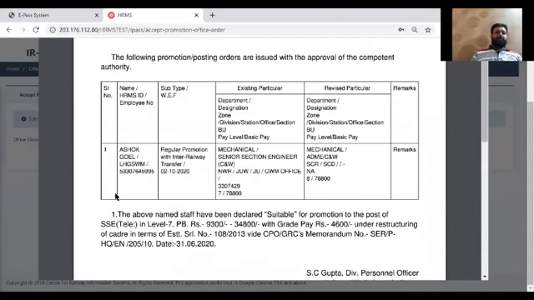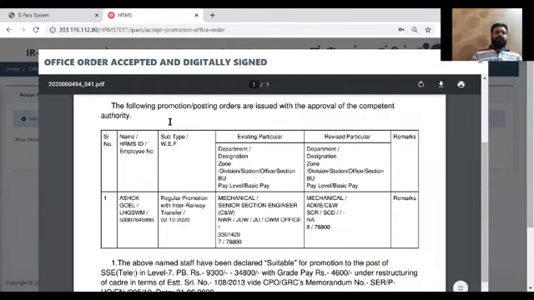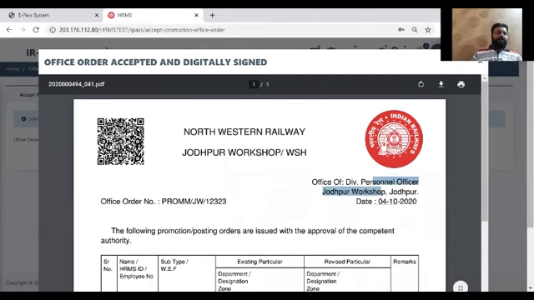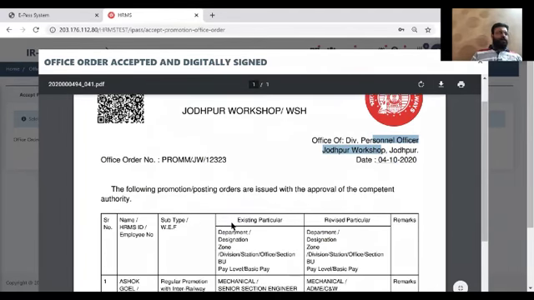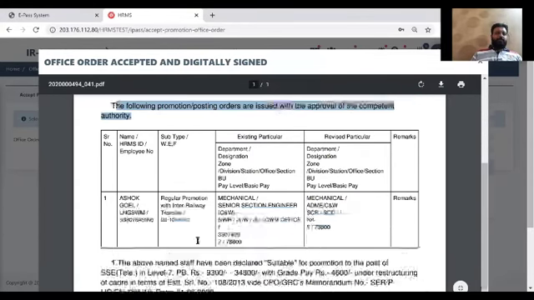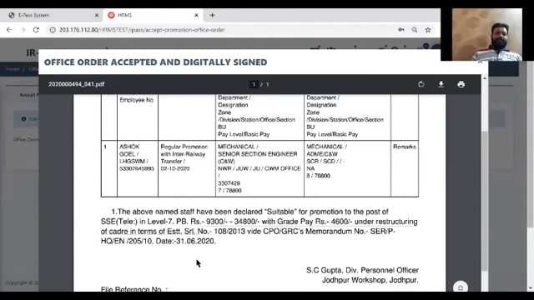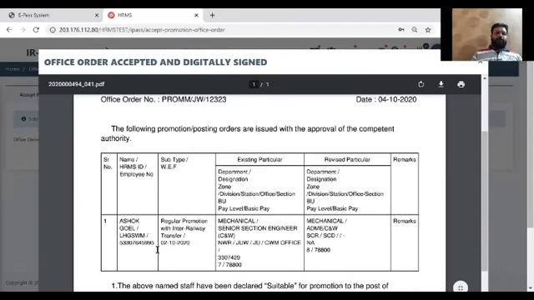So in this information we have the office order number here, we have the date, the issuing office here, and we have a QR code in the top left corner. It will give you a link where you can validate the office order online. We have the pre-note and post-note that are entered by DC, signing authority name and designation, copy to, and in the center we have the information of the employee that is transferred.